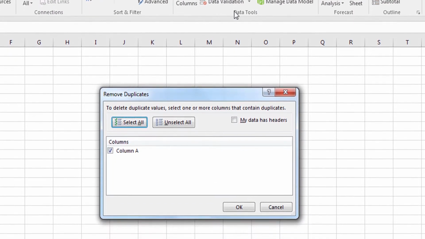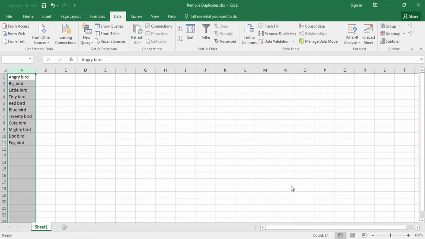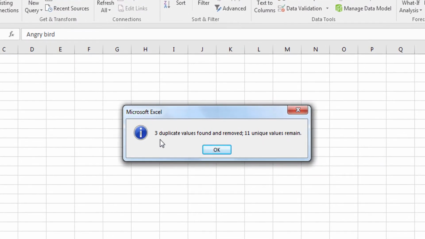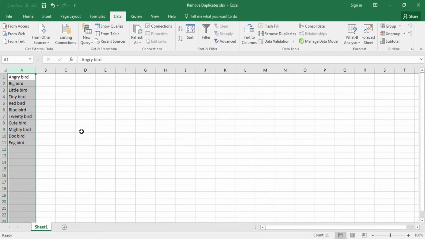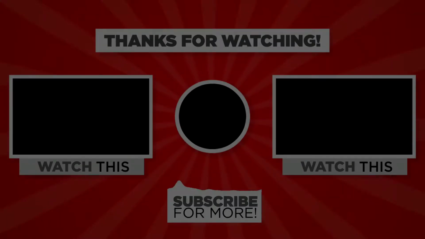Now we see the Remove Duplicates dialog box has appeared. It says it will remove duplicates from column A, as we selected column A. We agree, so we'll click on OK. Now the message box says Excel 2016 found and removed 3 duplicate values. Simply hit OK and we are done. We can see in our column now we don't see any yellow colored rows or values. It means all the duplicate values are now eliminated.